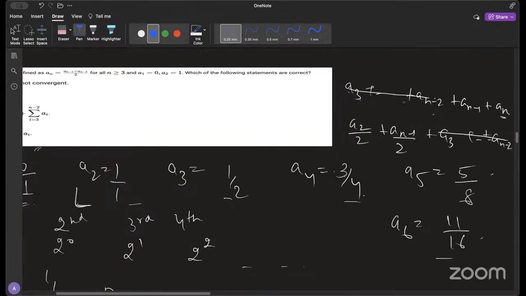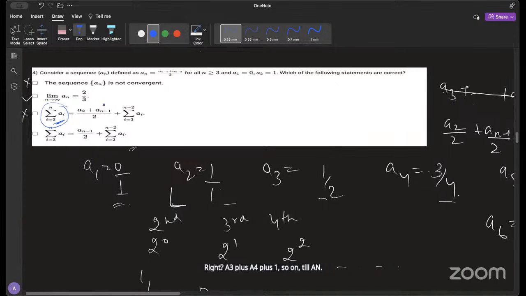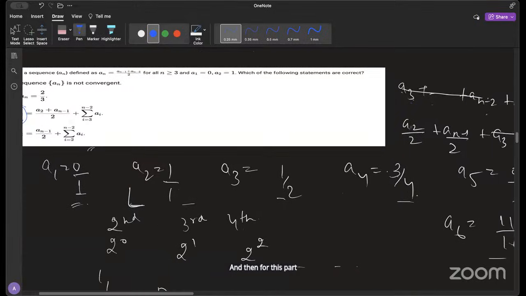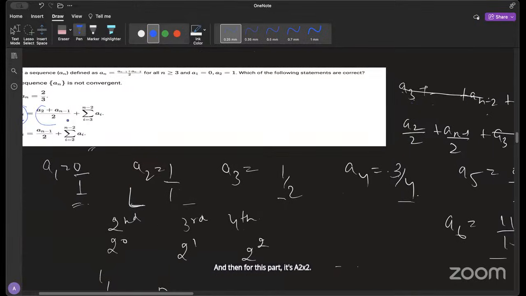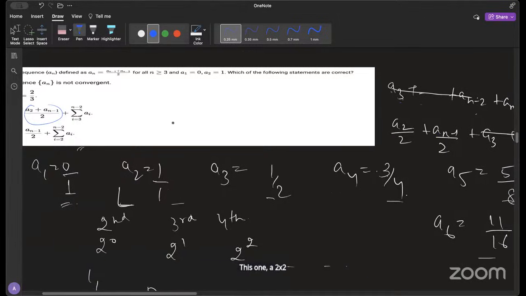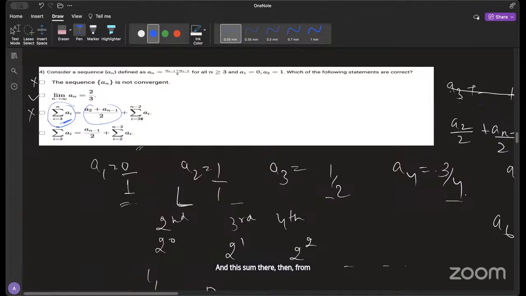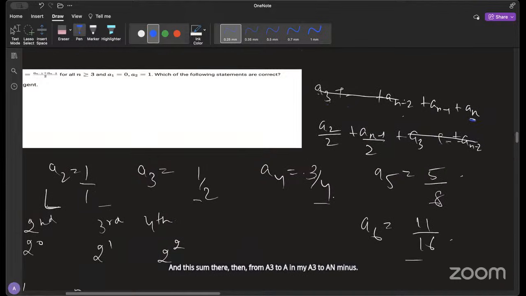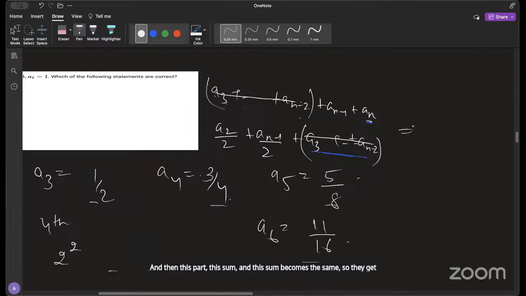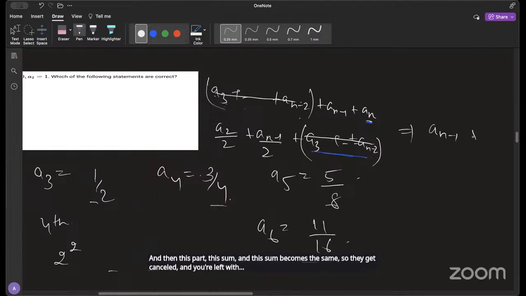This only, right? A3 plus A4 plus so on till AN. And then for this part, it's A2 by 2, this one, A2 by 2, AN minus 1 by 2, and this sum there, then from A3 to AN minus 2. This one. And then this part, this sum and this sum, because it's the same, so they get cancelled, and you're left with AN minus 1 plus AN,